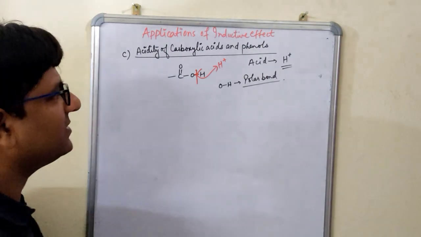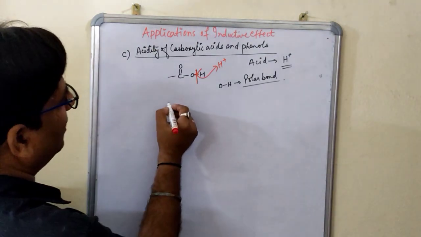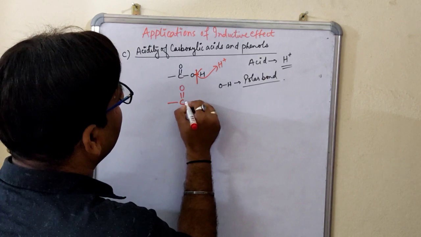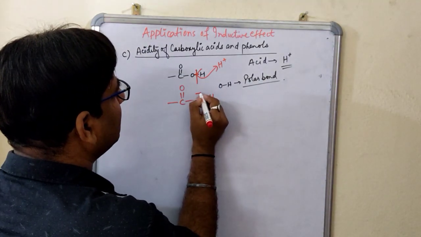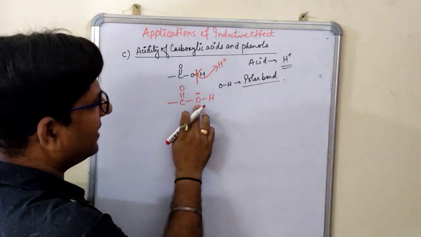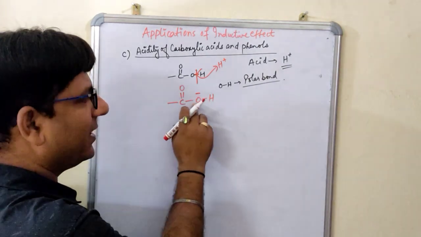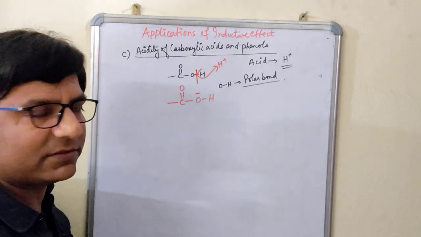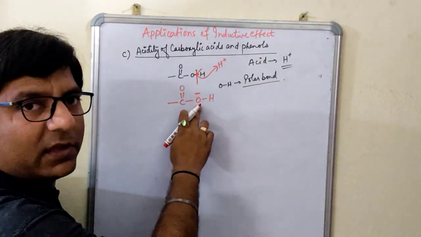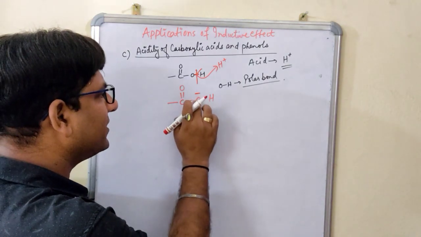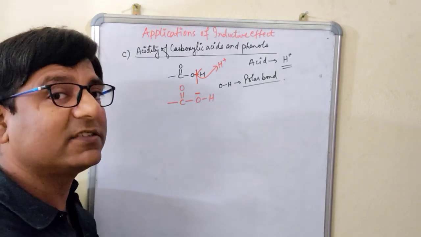Right. Now the question is how you are going to decrease the polarity of this OH bond. Now let us see with this. Already I have written like this, right? Here it is minus, because oxygen is a highly electronegative atom. So it will have the minus charge and this will have the positive charge, hydrogen, right? Now this negative charge magnitude is much more, because the negative charge on this oxygen is holding this hydrogen very tightly, or you can say very strongly.